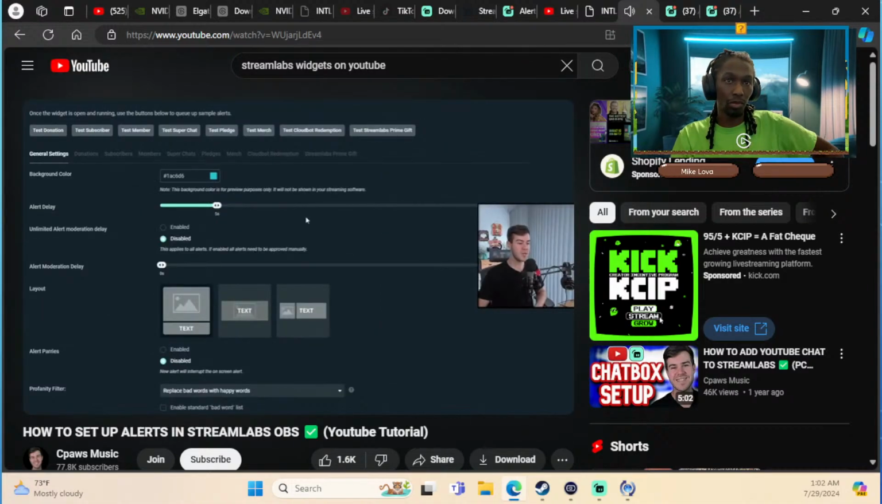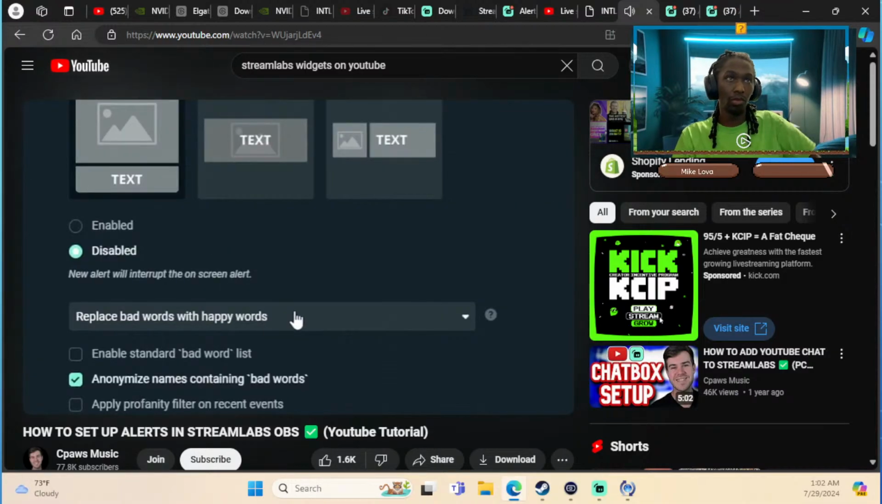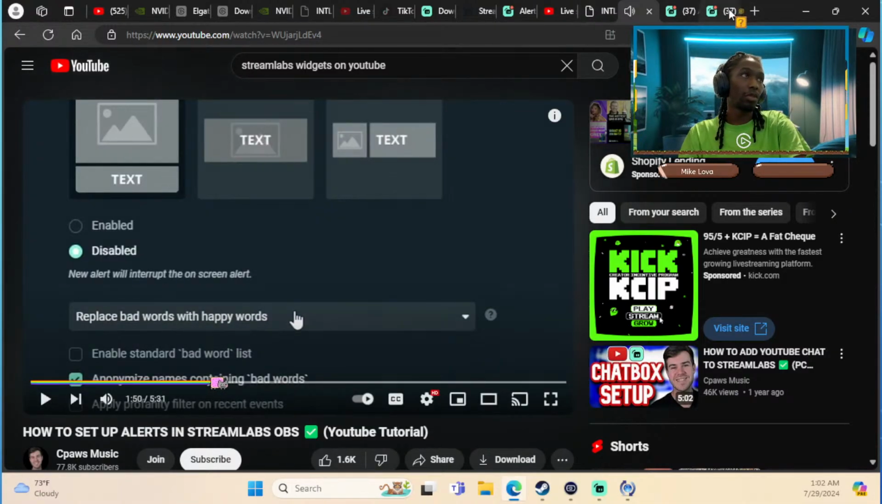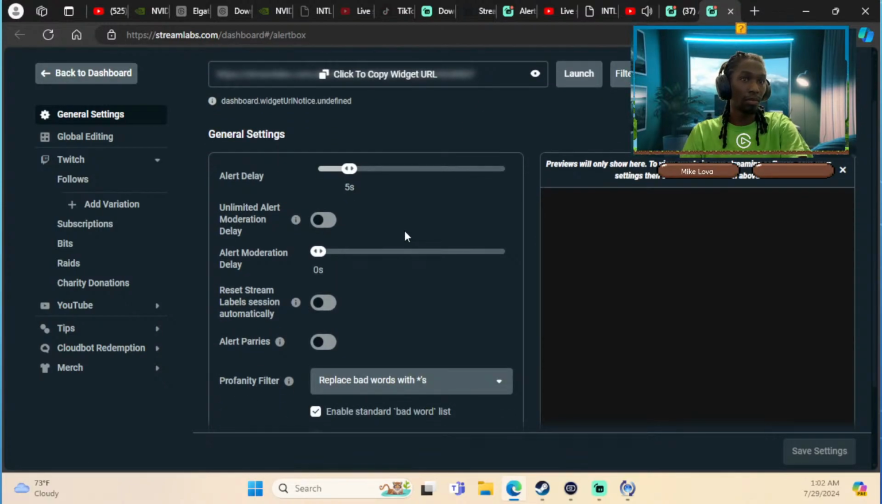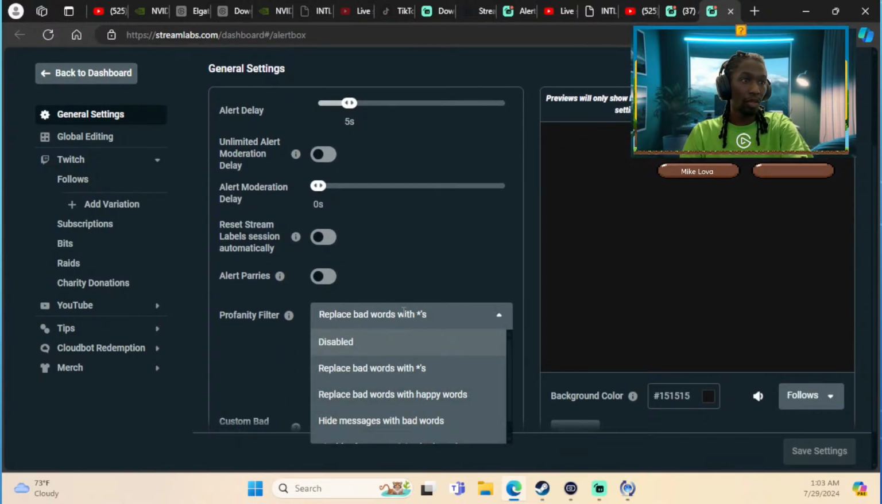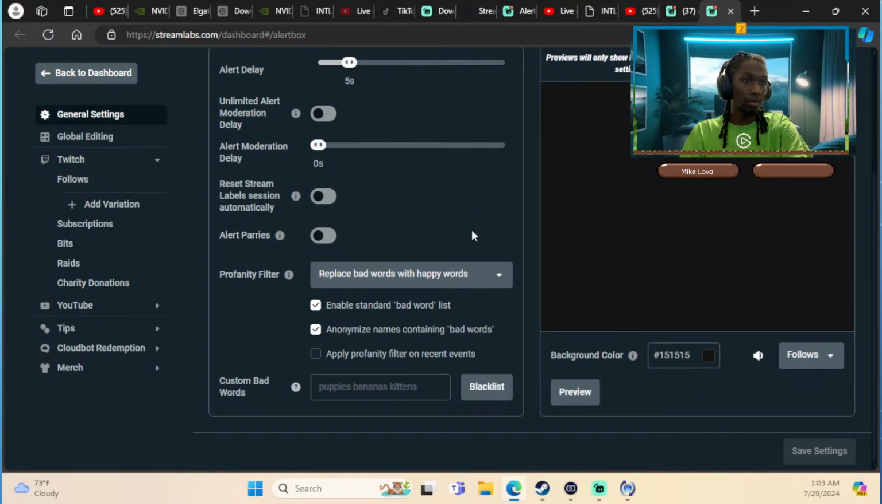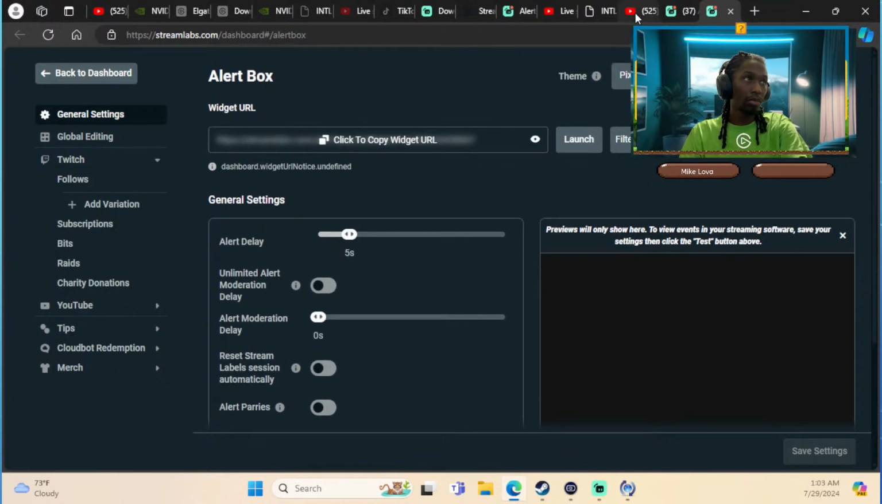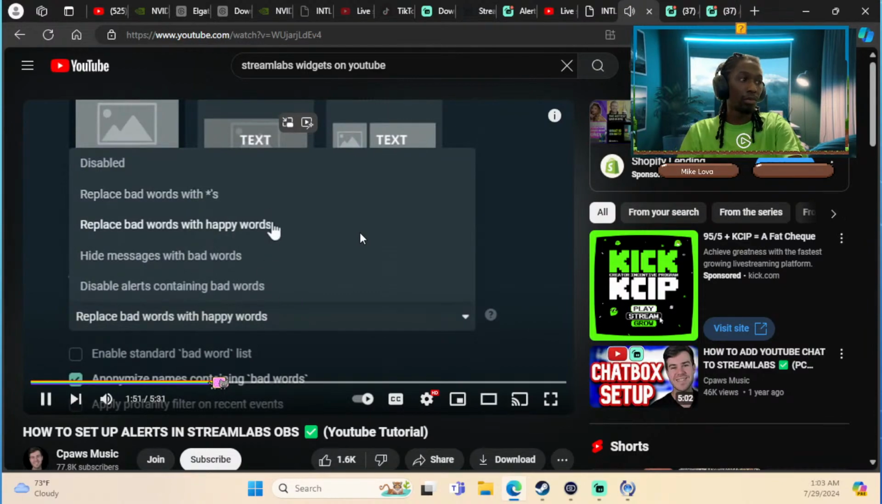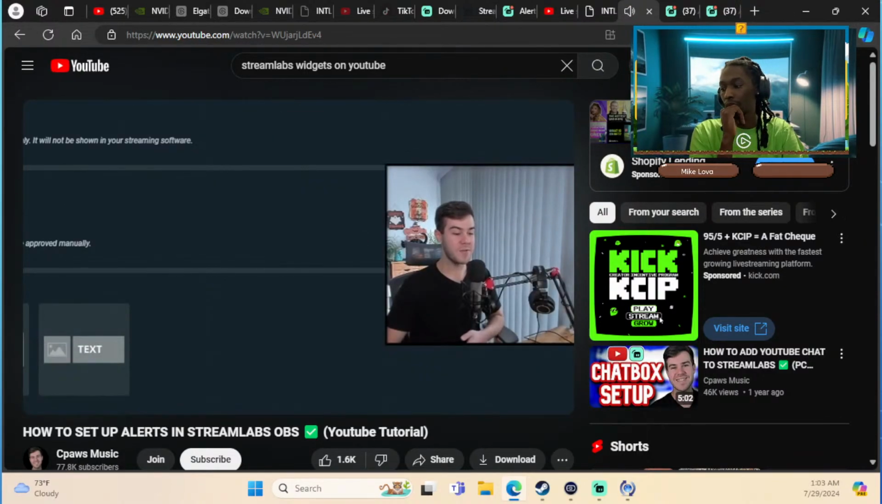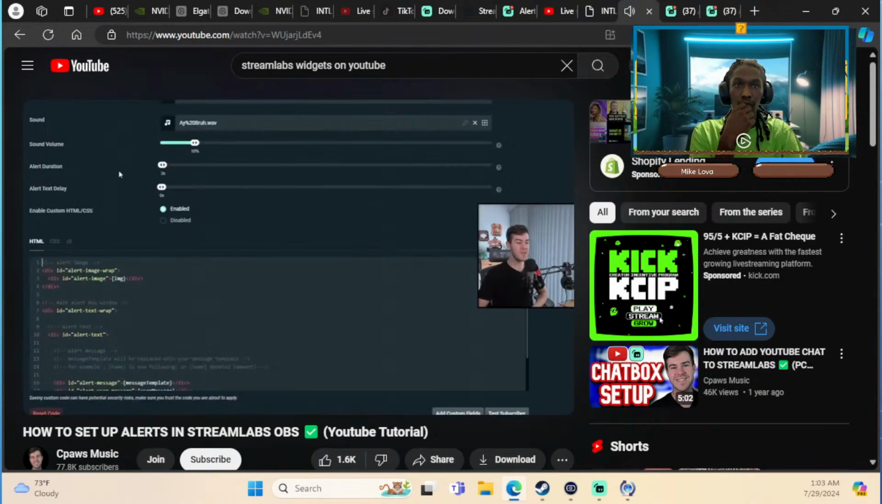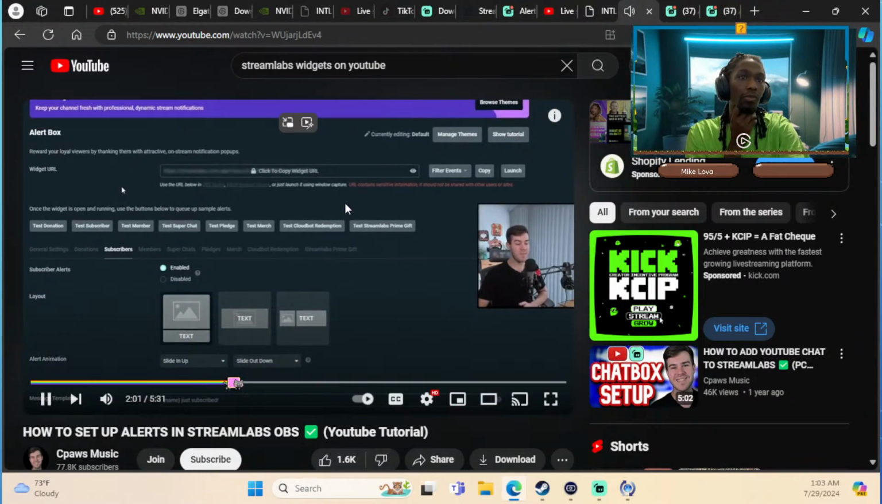So you can see we have a couple different general settings. You honestly don't have to change anything here. They have a profanity filter if you're worried about people saying bad words, so you can change different things here. Honestly, I think to replace bad words with happy words is really funny, which is why I personally have it on. So let's go to the subscribers tab, and this is going to be anytime we get a subscriber, this is going to happen. So let me pull up